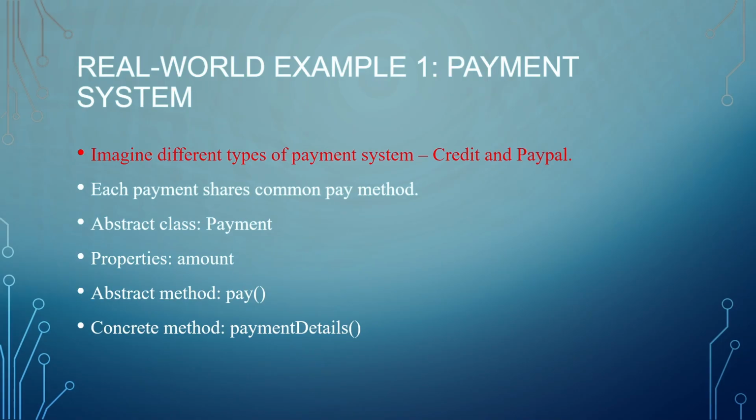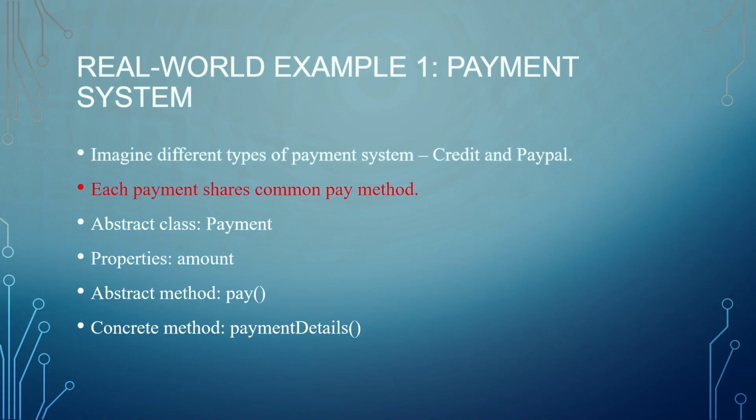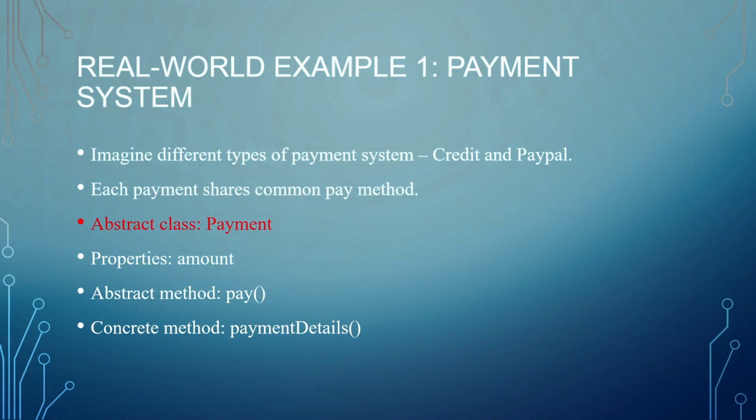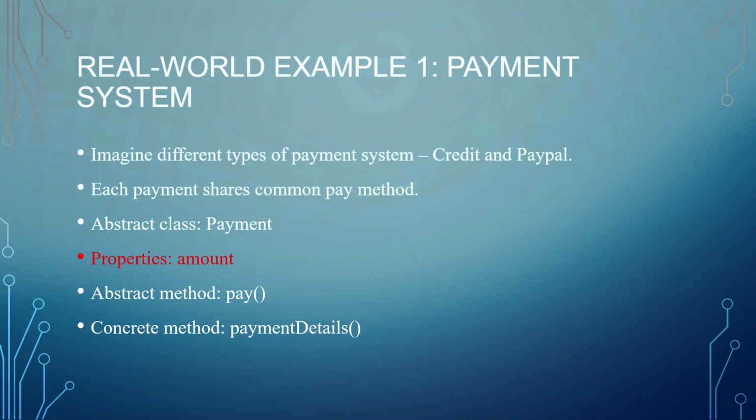Let's look at a real-world example, the payment system, to understand abstraction. Imagine different types of payment methods, such as credit card and PayPal. Even though they work differently, they still share a common process, making a payment. To model this, we create an abstract class called Payment. This class contains a shared property, amount, which represents how much needs to be paid. It also defines an abstract method, pay, which forces each payment type to implement its own version of the payment